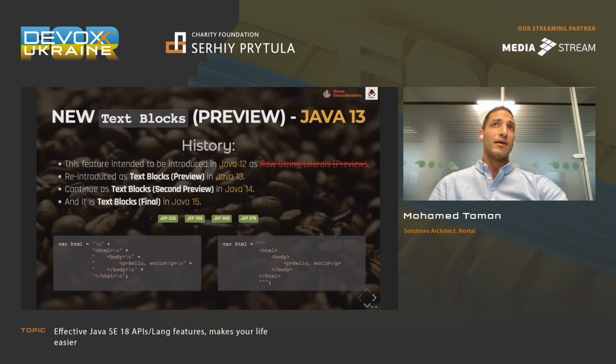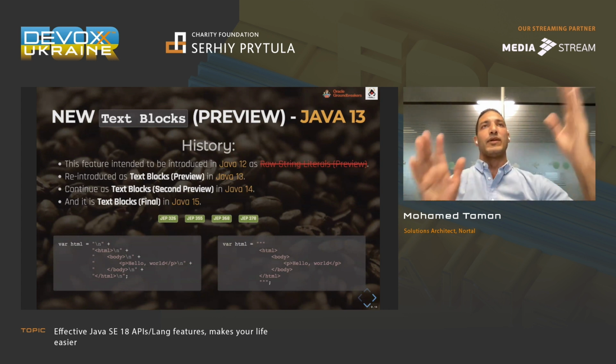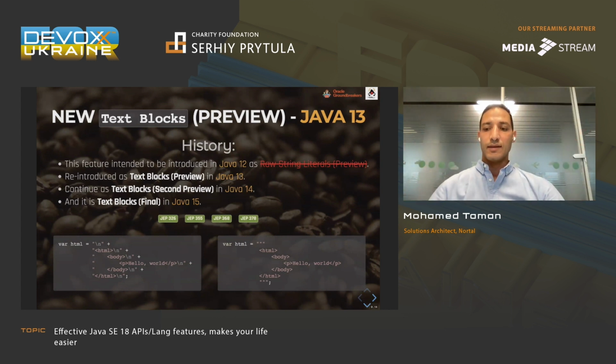Either I'm using Spring's Query annotation to write the SQL statement inside it, which is JPQL, so I'm just using text block to reformat it correctly without introduction of any kind of pluses or new lines and everything. So it's really a great feature. Or if I'm using Swagger to write documentation, I use it when it's lengthy a little bit and needs some formatting and some readability. So you can use it because it's a string.